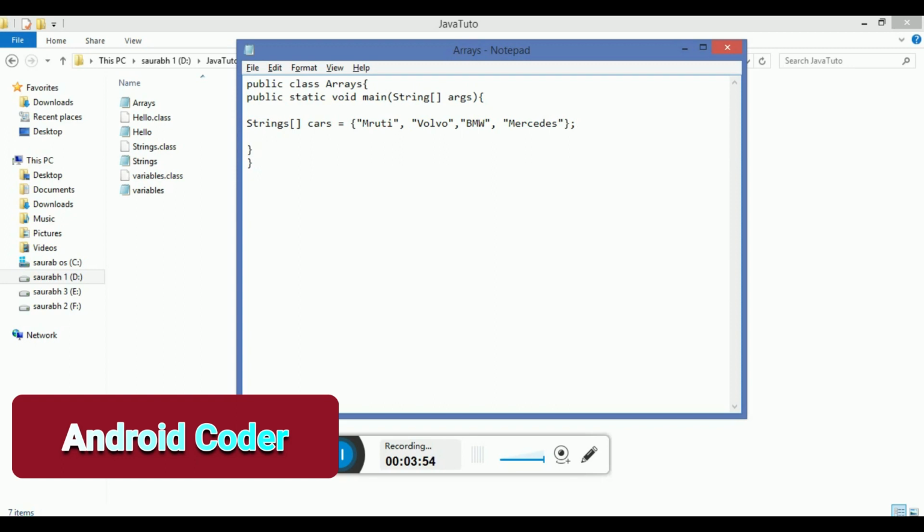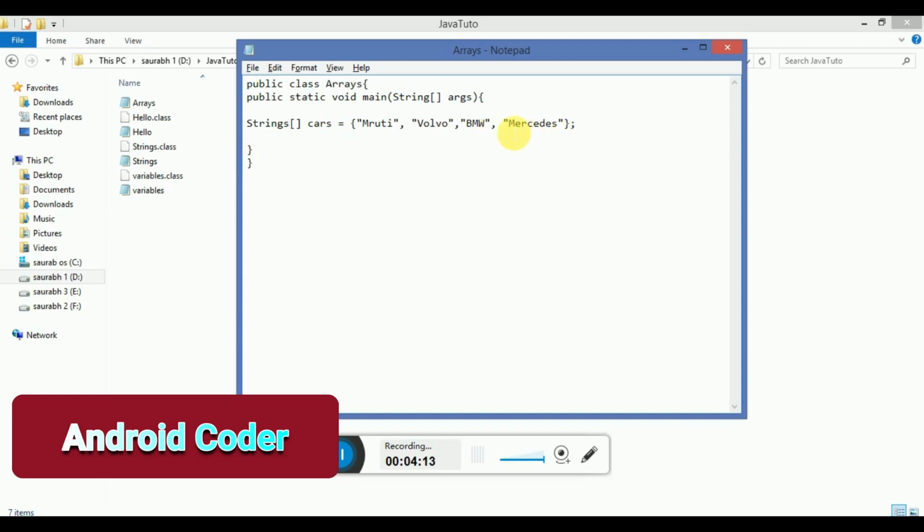Okay, in this case we declare a variable cars of type String array, and I have inserted 4 items in it: 1, 2, 3, 4.